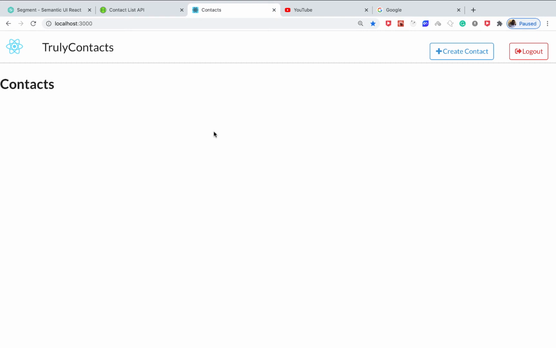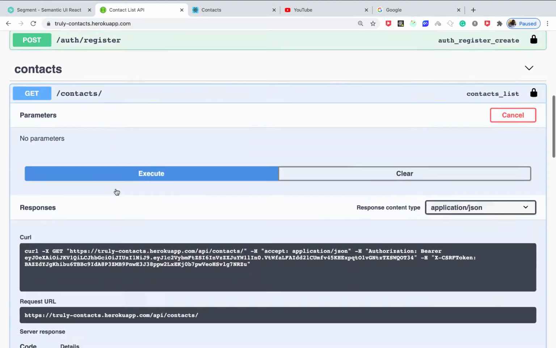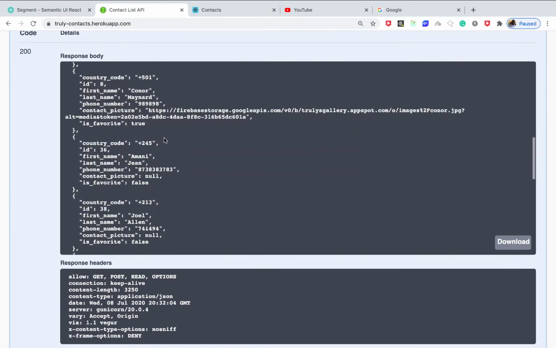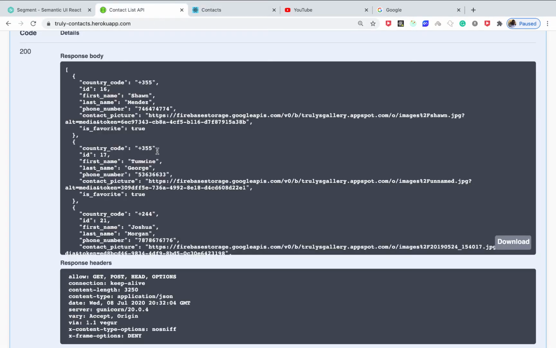We have been able to log in a user. We can make sure they don't access the protected pages like listing contacts. So in this one, we'll be able to retrieve the user's contacts and show them on the screen. If we go to the API and go to the contacts endpoint, you can see that when you execute it, you get this list of contacts. So this is what we want to make a request for from Axios and then receive those and display them